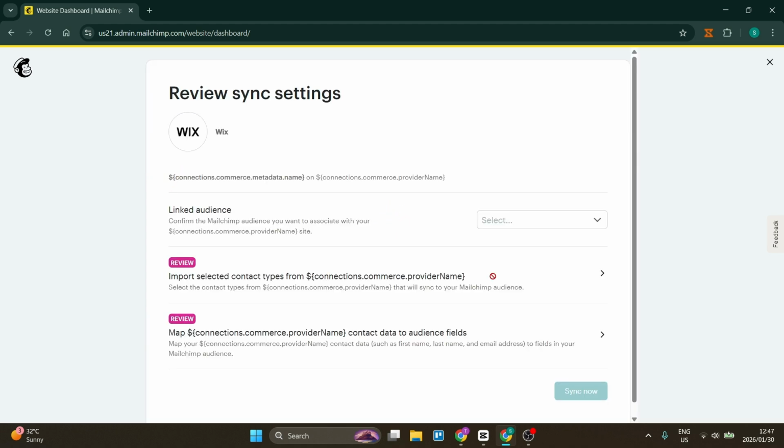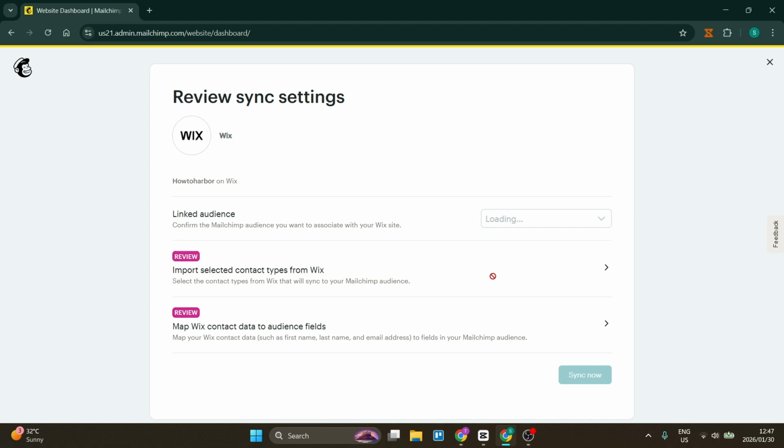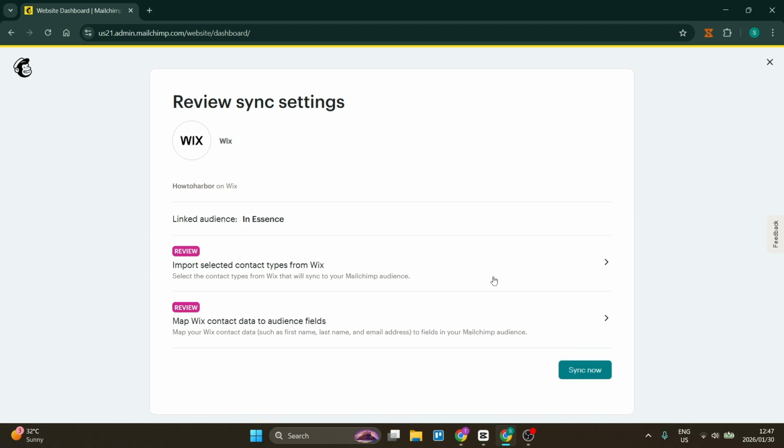Now what you can do is you can build websites on Wix and it will be integrated individually into Mailchimp. So if you are perhaps managing multiple websites on Mailchimp, you will now be able to add in each one of them separately. So you can see now we've got our linked audience, and then we've got the import selected